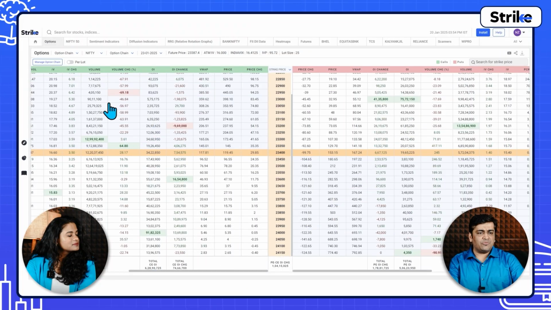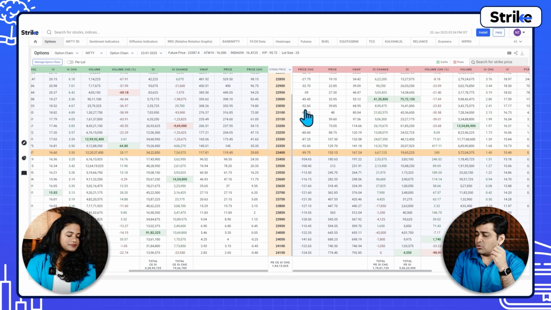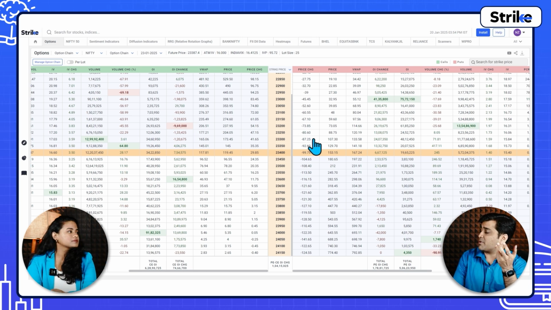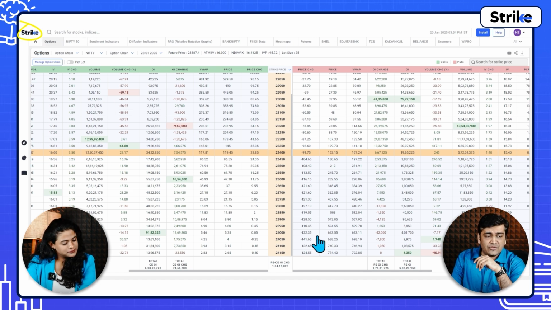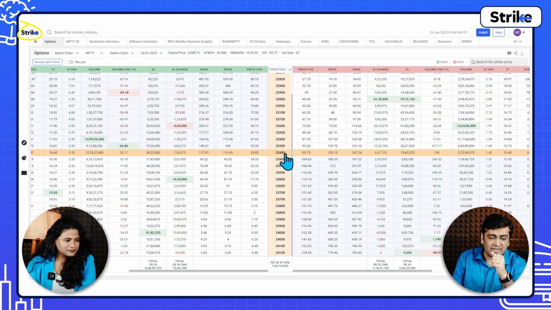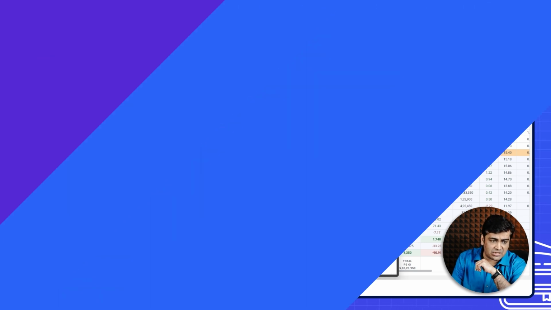Yeah, so before we move further, I would like to tell you a very important thing: where will you find data about the prices of options, the prices of calls and puts and all those? So web.strike.money, this particular portal Strike, it's a nice analytical tool which I generally use for making my strategies and reading options data. All right, so I'll come back to this particular website in a while, but let me just open up this